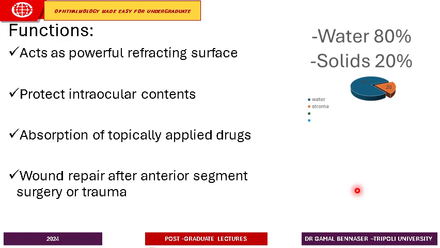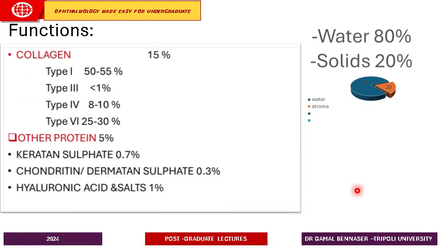And all these functions are met only because of the specific composition of the cornea, which is mainly made up of water, which constitutes 80% of the content of the cornea, and 20% of the weight of the cornea is due to solid materials. Now, the main content of the solid materials is collagen. Collagen represents 15% of the net weight of the cornea, and mainly type 1 collagen, which represents 50 to 55%. The other is type 6 collagen, which is around 25 to 30%. Now, other components like keratan sulfate, chondroitin sulfate, dermatan sulfate and hyaluronic acid are all important